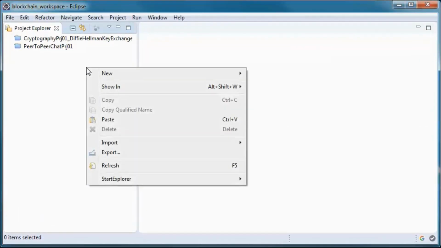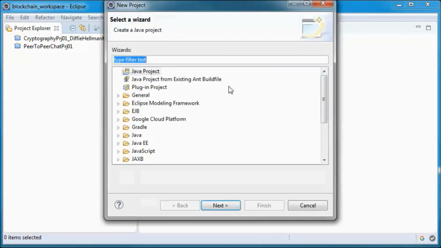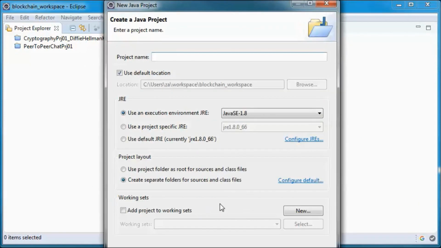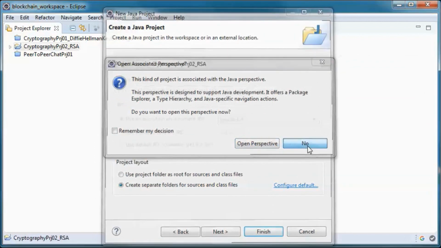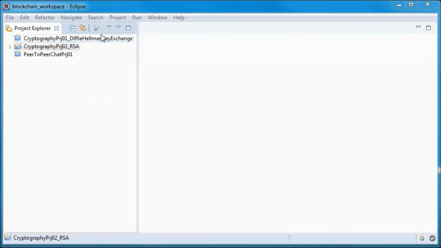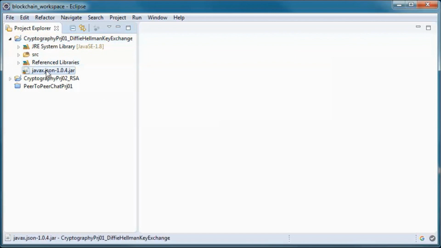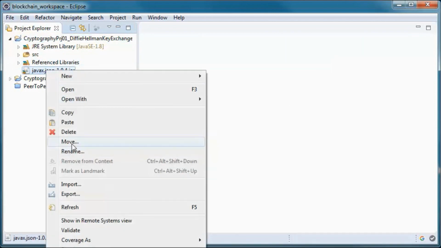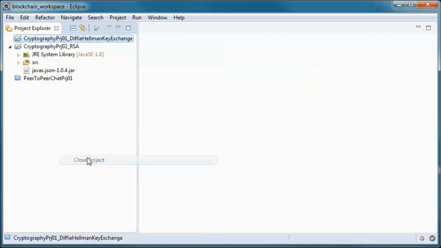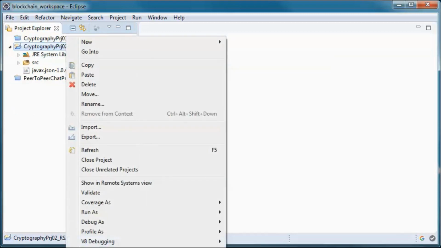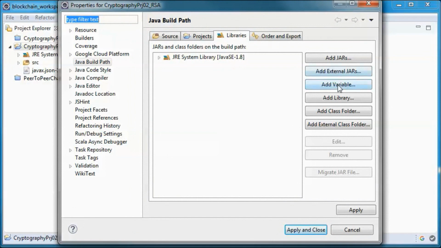I will start by creating a new project. And to do JSON, I used this jar on the previous project, so let's copy it and paste it here. And we go to properties and Java build path,